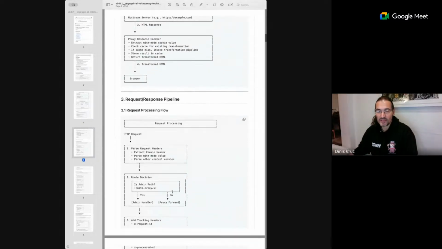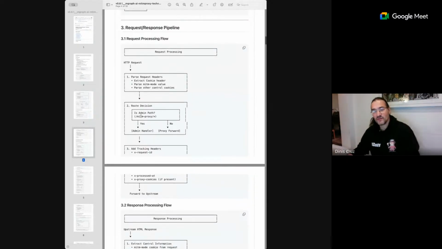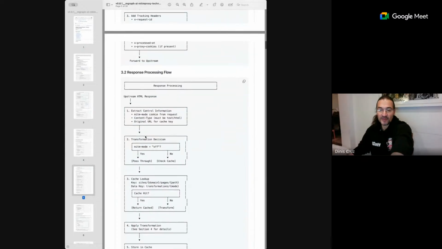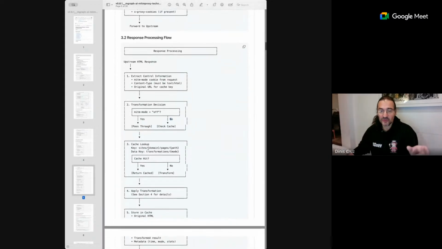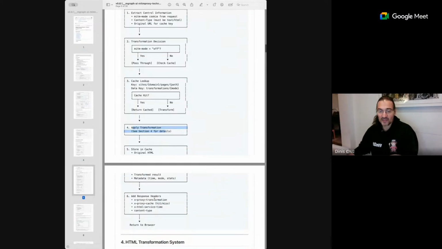And then the request pipeline fundamentally looks like this. When I get the answer from the upstream server, I get the admin path. So this is the bit where it's manual, the proxy, it goes to a handler. If not, I handle it like this. So now the response is that I need to transform it. So if I have that cookie that I was just showing you, if it's off, then it goes through. But if that cookie is there, then I cache everything. So that's quite cool. And then I apply the transformation, which I'll show you next. I store the cache and restore it back.